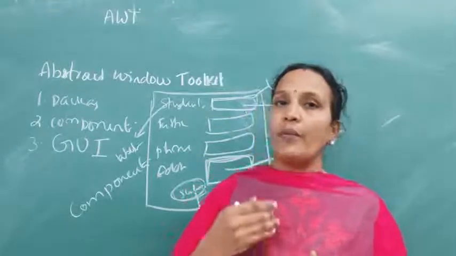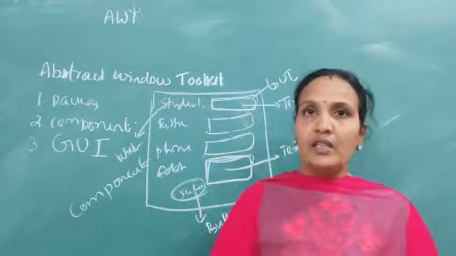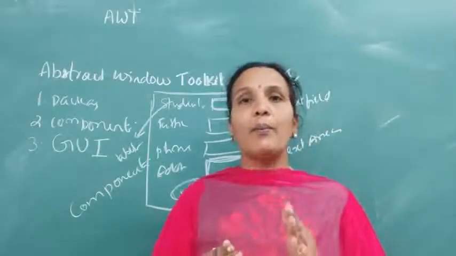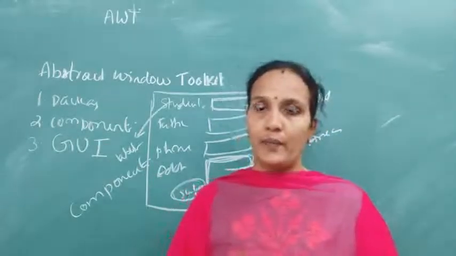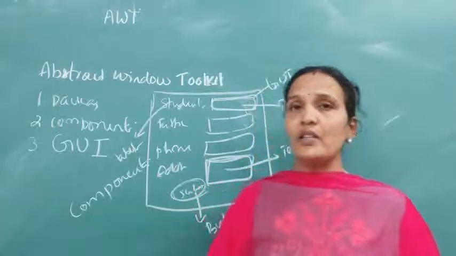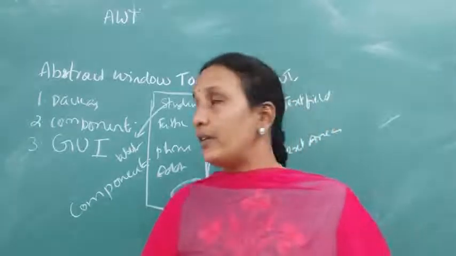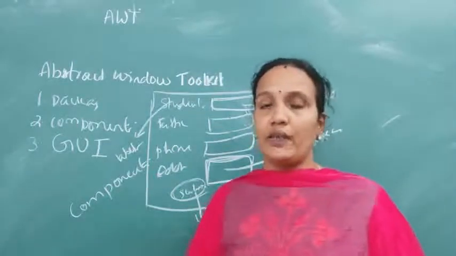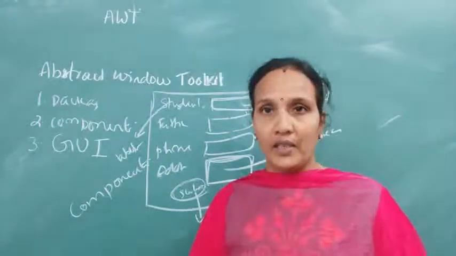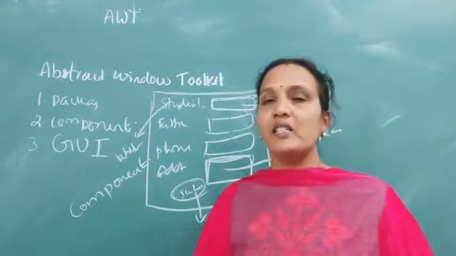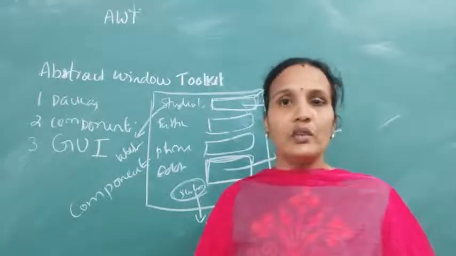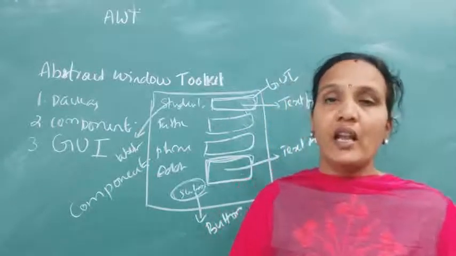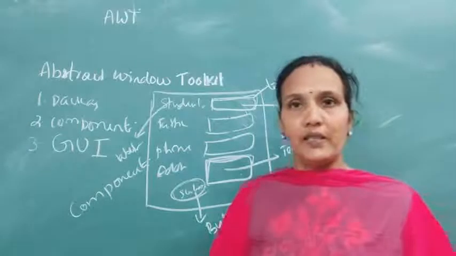So in whichever operating system you are creating a GUI, graphical user interface, the display you will get is based on that operating system. Understood? These are the very important points when we create applications using the AWT package. First thing is, it is a package. Second, it contains different components. Using those components, we can design web-based applications, we can design graphical user interfaces.